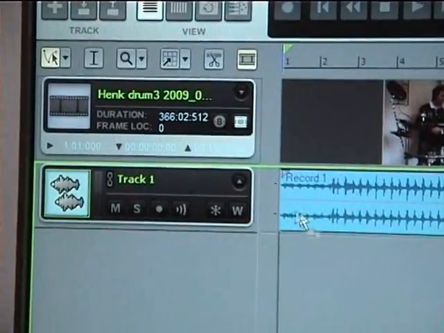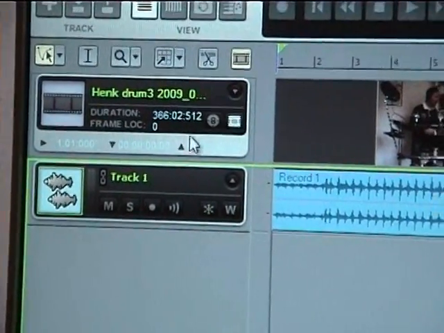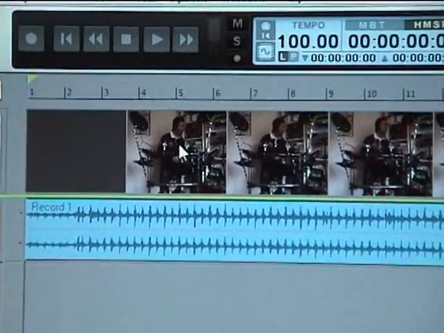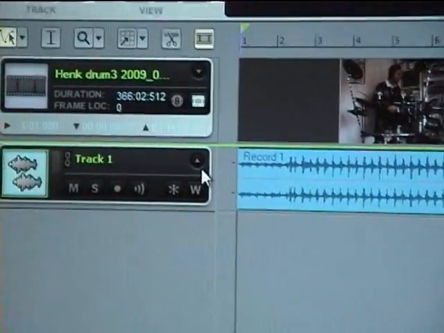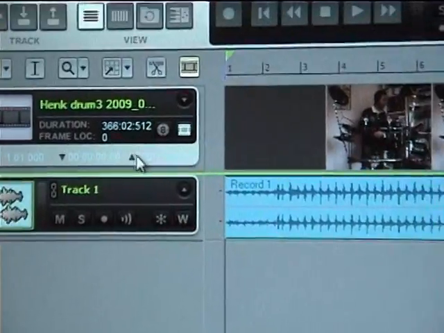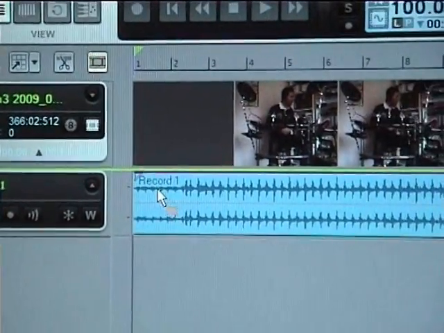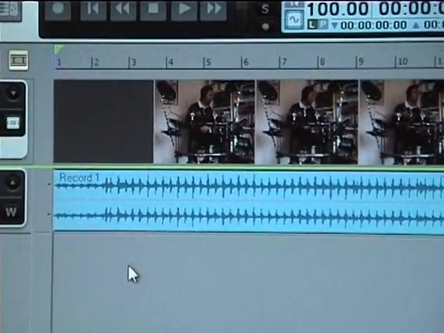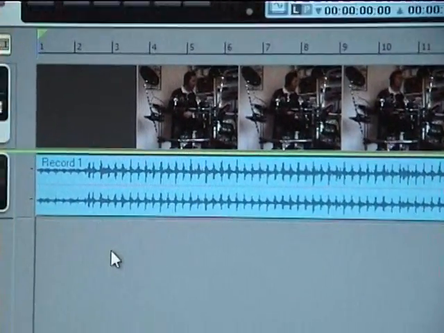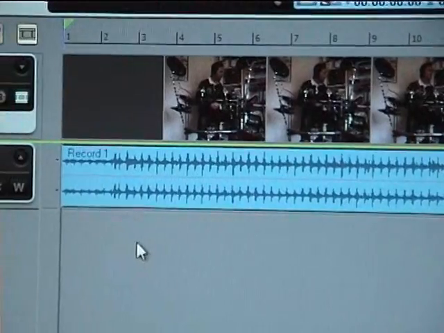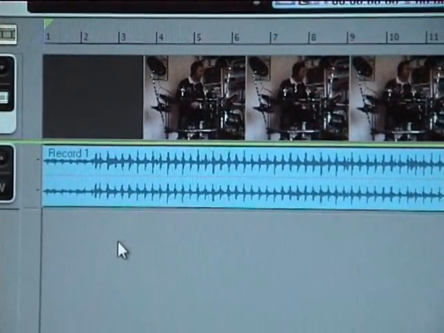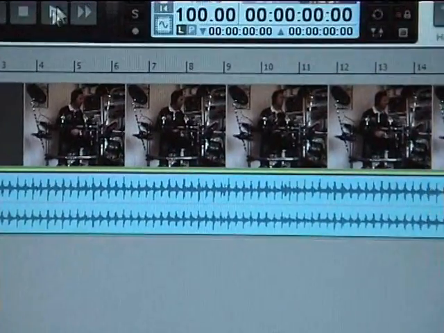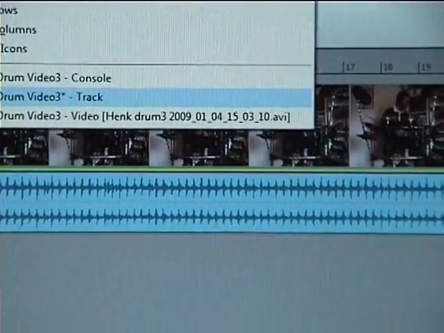So as you can see now, I have two tracks. I've got one with the video and one beneath with the audio. So first of all, you need to find a reference point, and the reference point that I'm gonna use for this one is the first time I hit the snare drum. So if you go back to the video window,